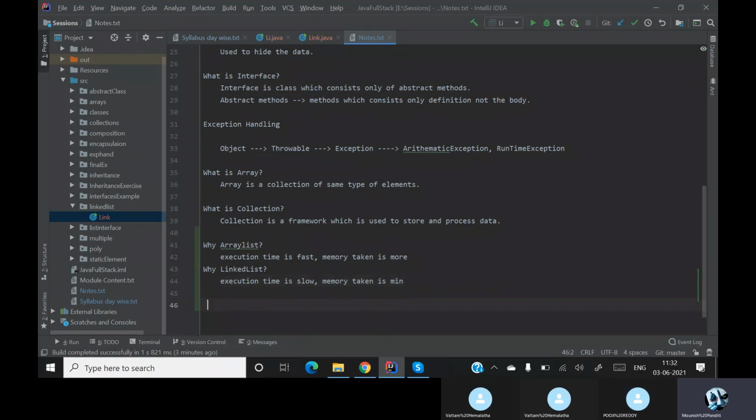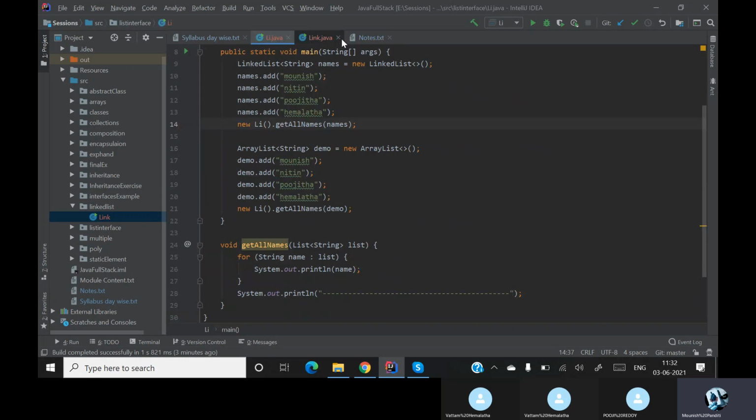Now the question is, when array list? When should I use an array list and when should I use a linked list? Since this is taking less memory, when you are performing more number of operations, we will be using a linked list.